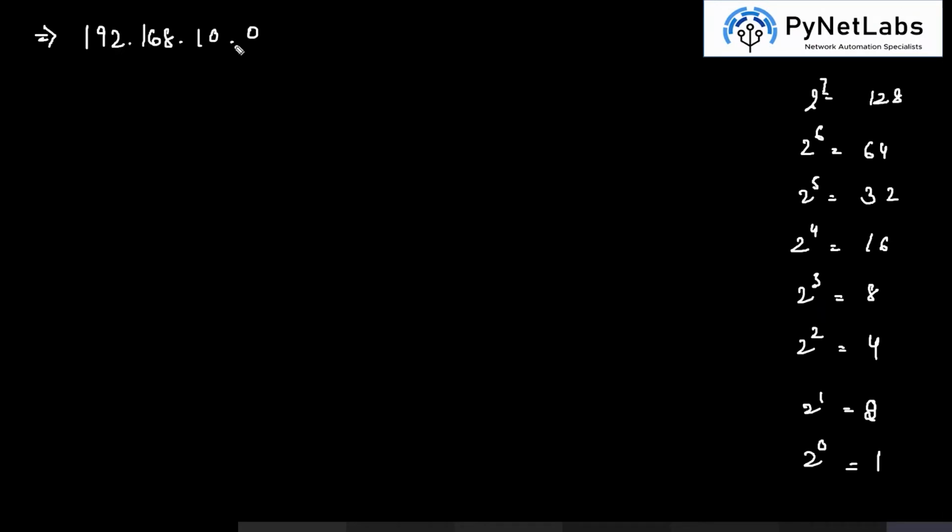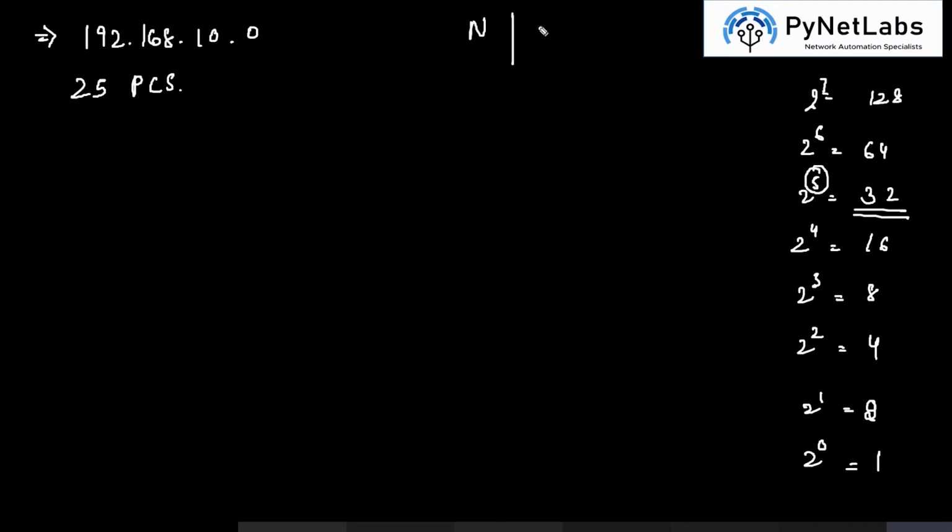We had this as our network ID, and there was a requirement of 25 PCs. So when we talk about 25 PCs, we'll just quickly have a look at our master formula, and we can find that 32 is the number which is greater and closest to 25. So now when we look at the power of 2, we have 5. So 5 bits of host are required for a distribution of IP address to 25 PCs.